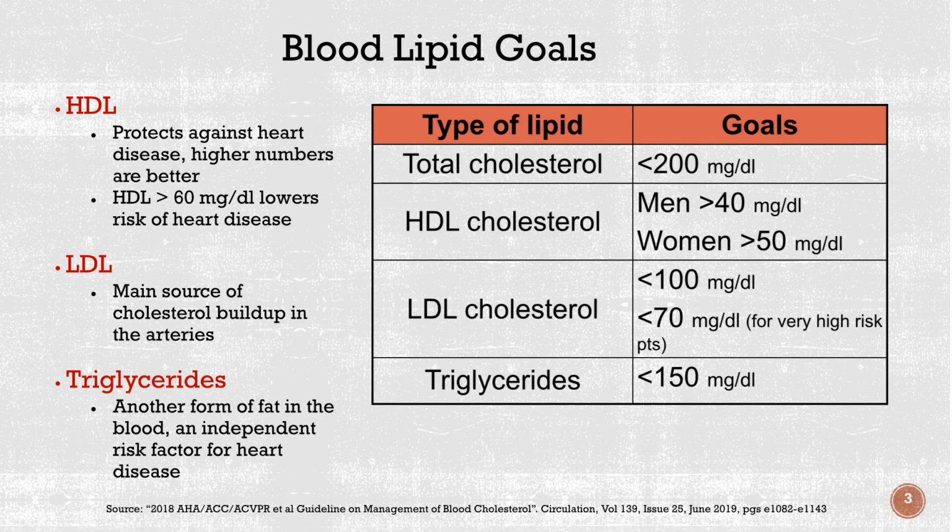Cholesterol is a waxy substance that's found in all of your cells and has several useful functions in the body. Your liver makes cholesterol, and it makes all of the cholesterol your body needs. Cholesterol is carried through the bloodstream attached to proteins. These are called lipoproteins. So when you hear the term LDL cholesterol and HDL cholesterol, this is actually referring to